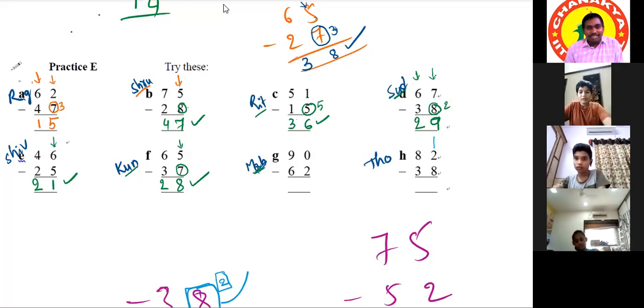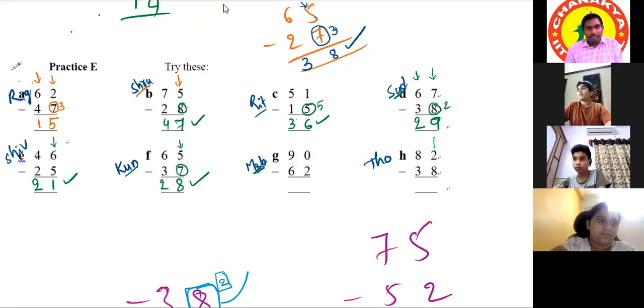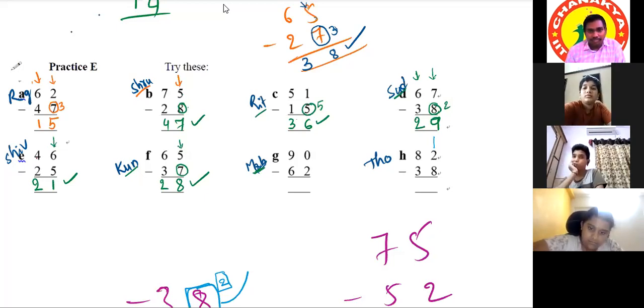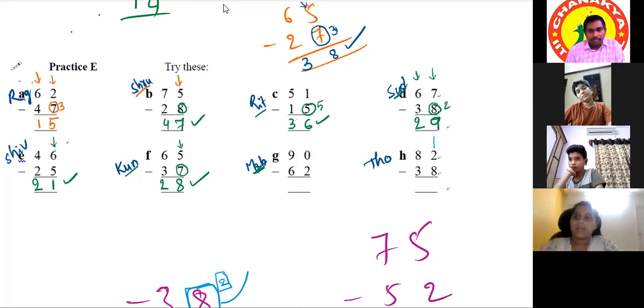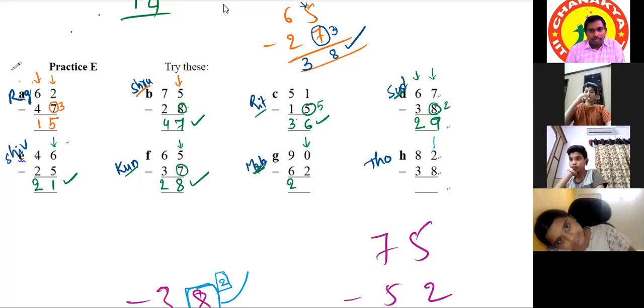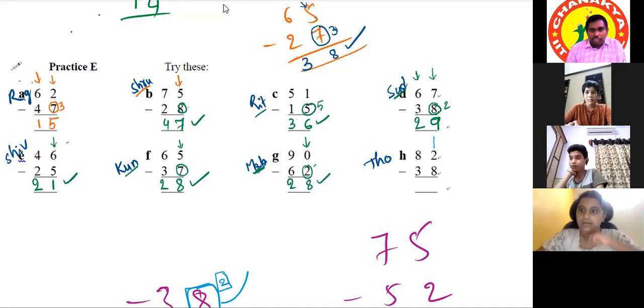Okay. Then who is this? Sir, Mahavir. Your name? Sir, Mahavir. Okay, proceed. Sir, 9 minus 6 is equal to 3, sir. But the next pair of numbers is a mismatch, so we'll write it as 2. Okay. Sir, then 2's complement is 8. So 8 plus 0 is 8. So the answer will be 28. Very good, correct. Kashnika, your turn.